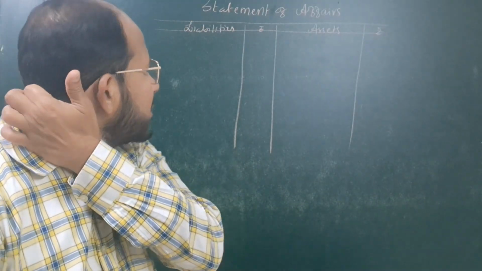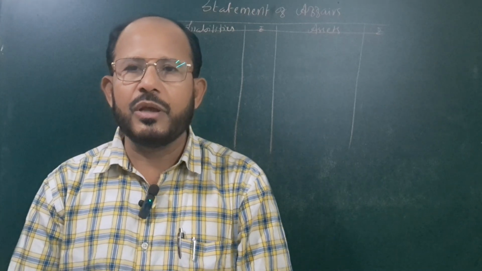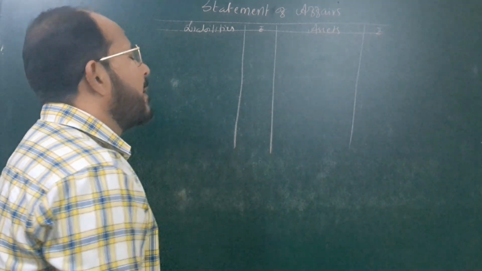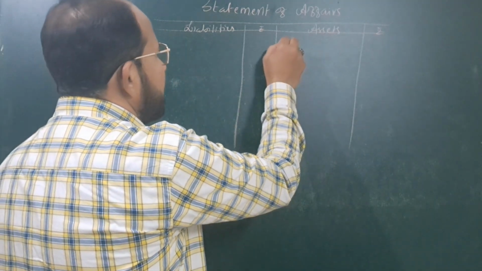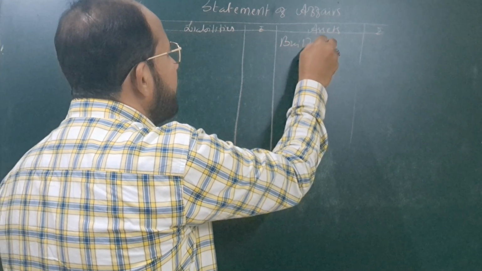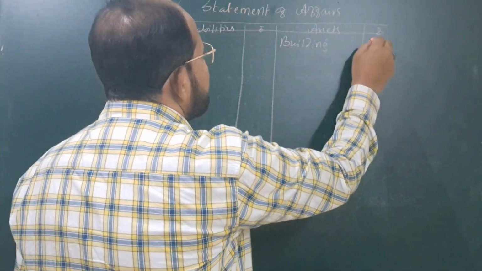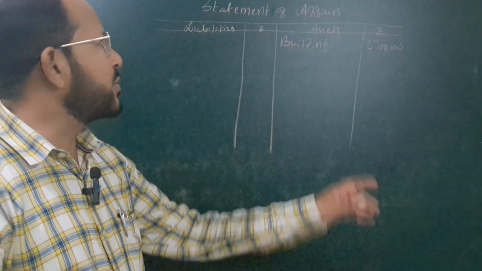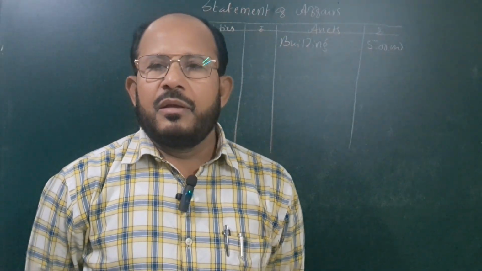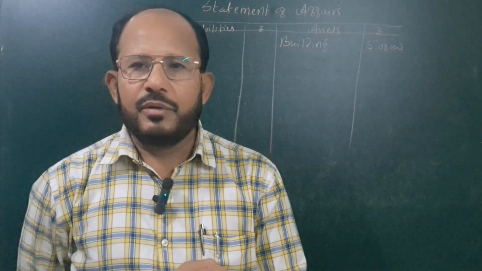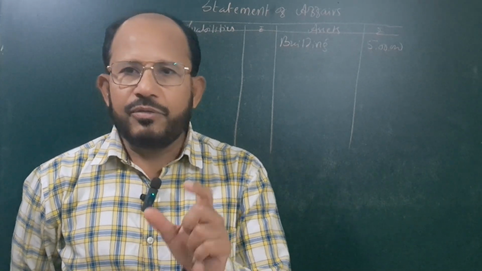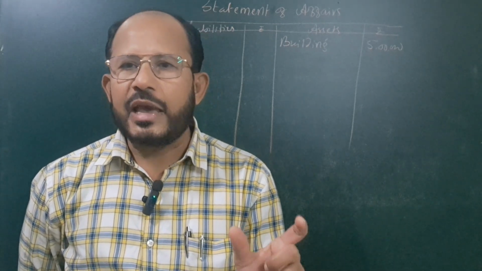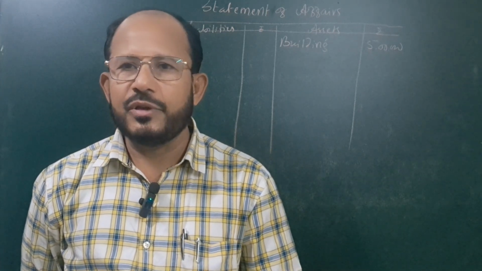Why is the statement of affairs not called a balance sheet? Why can't we call this one a balance sheet? I will explain by taking some examples. You take here the assets. I write here building. I will show rupees 5 lakh here. The value of the building is rupees 5 lakh shown in the statement of affairs. If the same building is shown in the balance sheet, the figure which is shown is the true figure, that is the correct figure, which is calculated by following the principles of valuation.